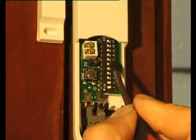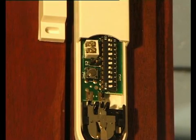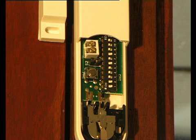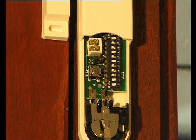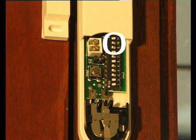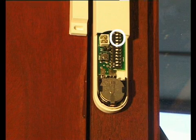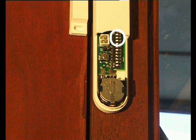Set switches 1 to 8 to your chosen house code using the tip of a small screwdriver or ballpoint pen. Ensure that each switch clicks fully into position. Set switches 9 and 10 in the on position with the switch up and switch 11 in the off position with the switch down. Switches 9, 10 and 11 are used to set the alarm zone that the detector will